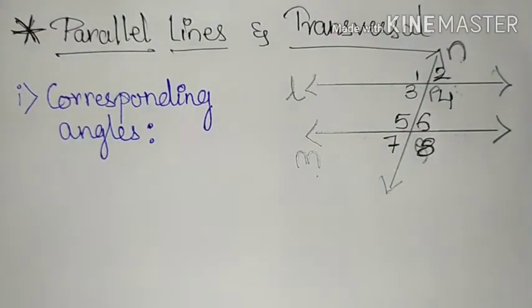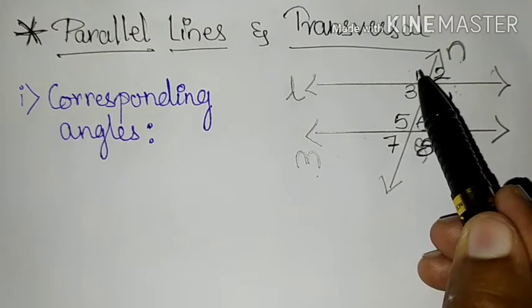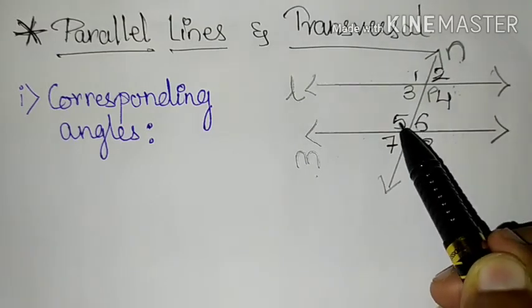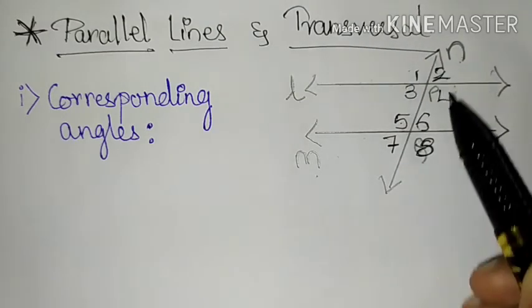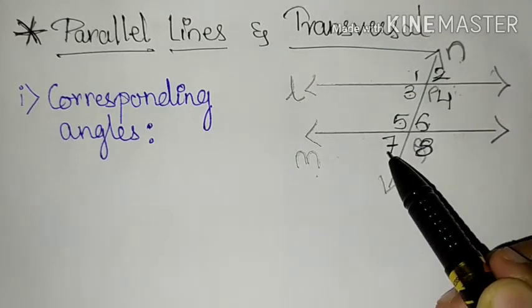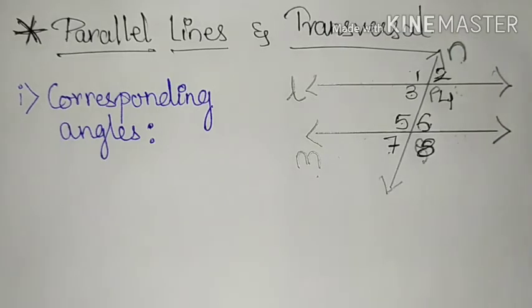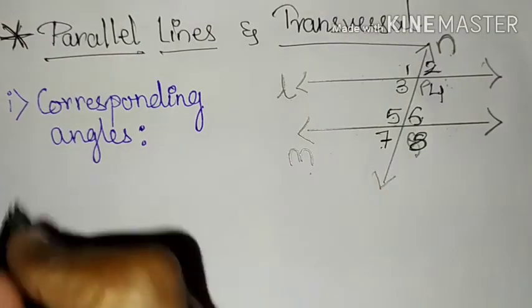Corresponding angles, if you remember from the last chapter, you can easily spot. The corresponding angles are the pairs of angles here: angle 1 and angle 5, angle 2 and angle 6, angle 3 and angle 7, angle 4 and angle 8. These angles are always in pairs. That means these angles are always a set of 2. So the corresponding angles in this case are angle 1